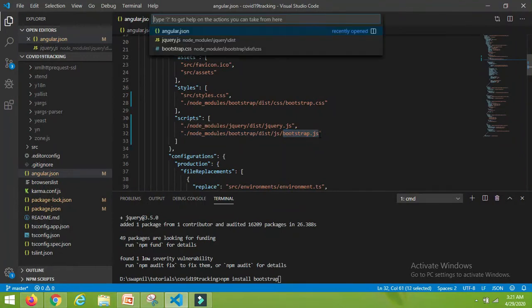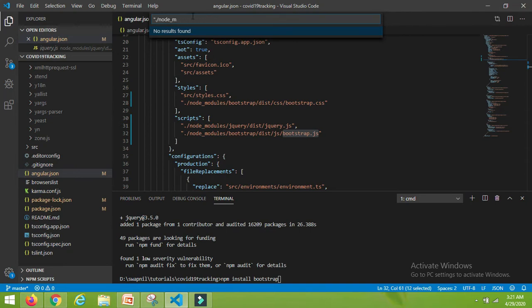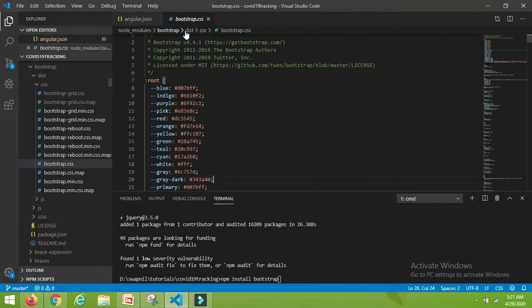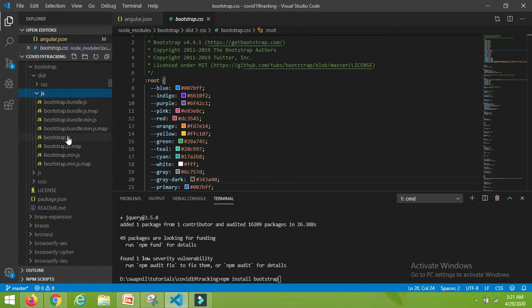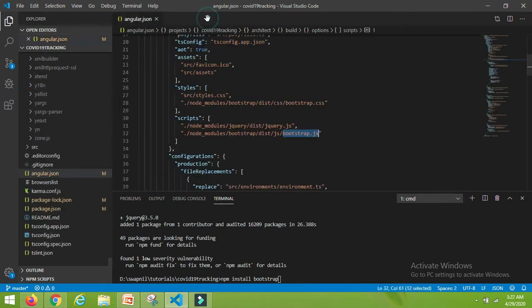Control P. Sorry, this is the bootstrap.css. Go outside, go inside the folder js, and here you will find the bootstrap.js. So we have done with the entry for the bootstrap JS and CSS as well.